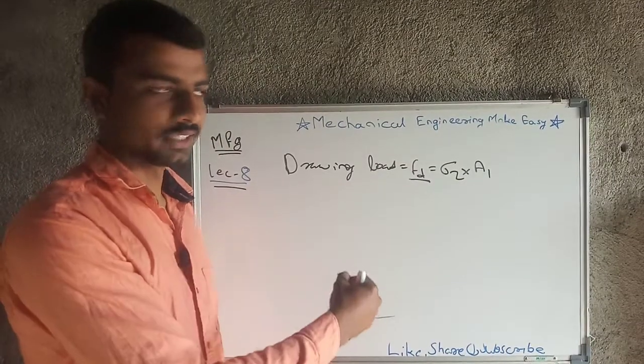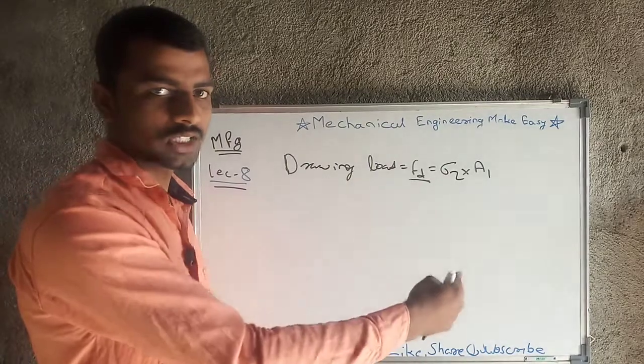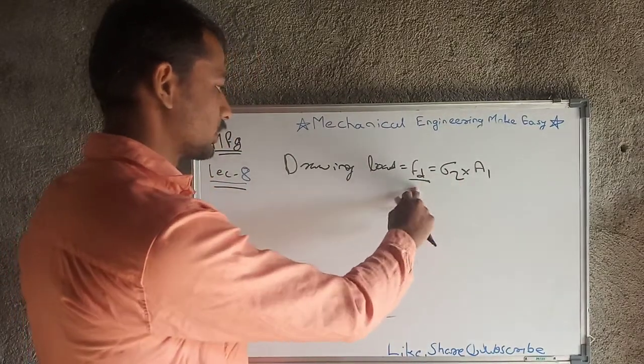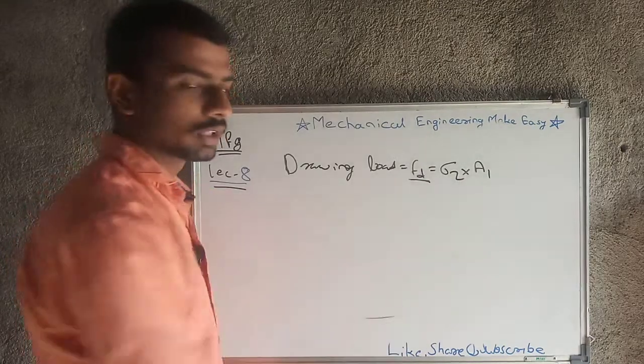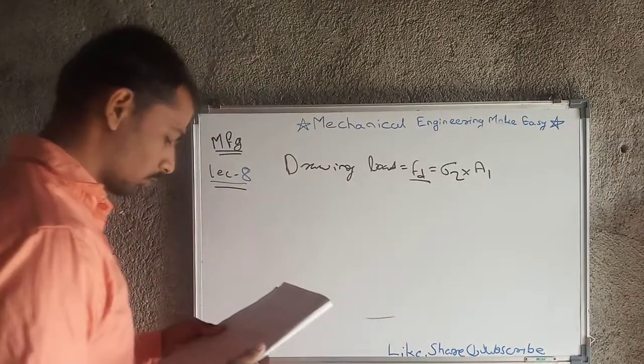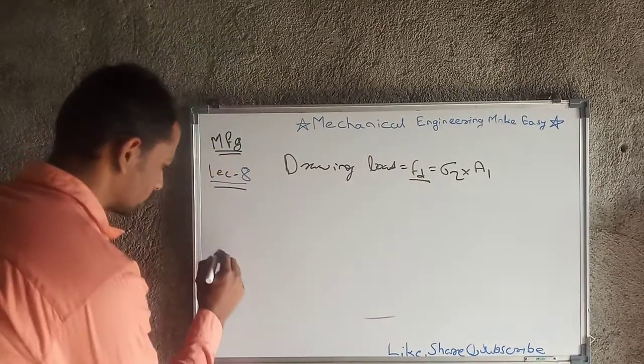What is stress? Force per unit area. So the drawing force per unit final area is nothing but the drawing stress, and ultimately the drawing load is equal to drawing stress into the final area. So this is the formula for drawing load, that is denoted by F_D. Then power,